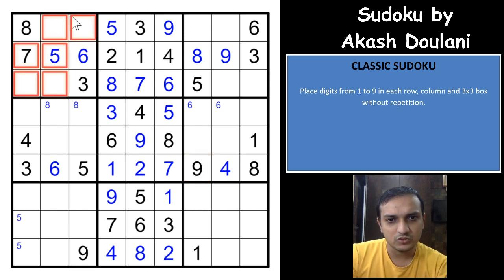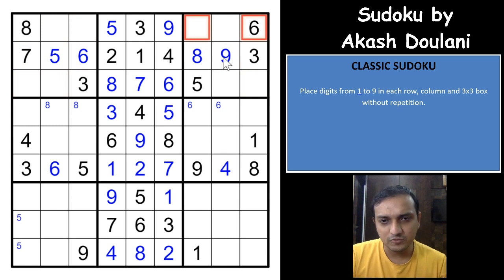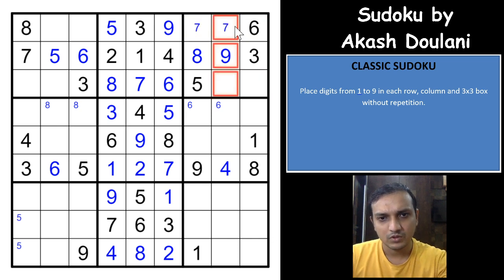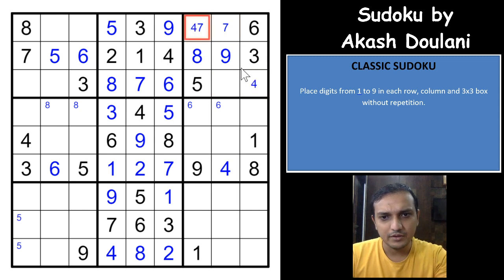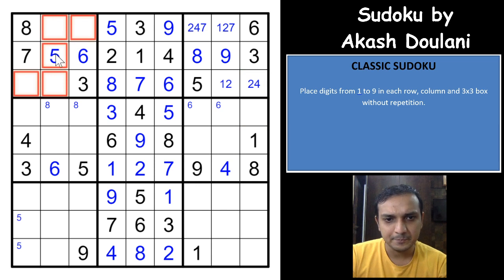Okay, so I will see this box now, because 5 digits are already fit in both of these boxes, so it might help me to get a few more digits if possible. So 1, 2, 4, and 7, right? 7 cannot be here, so 7, 4, 1, and 2, right? So 1 and 2 can be anywhere, so these are the possibilities here. So 1, 2, 4, and 9.